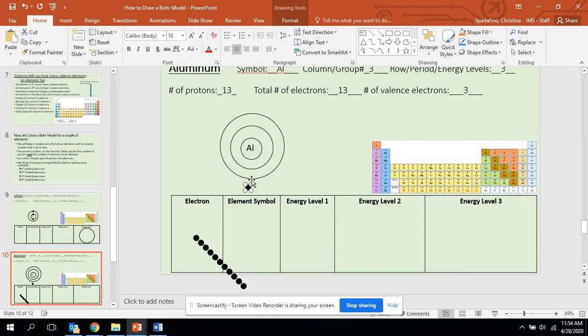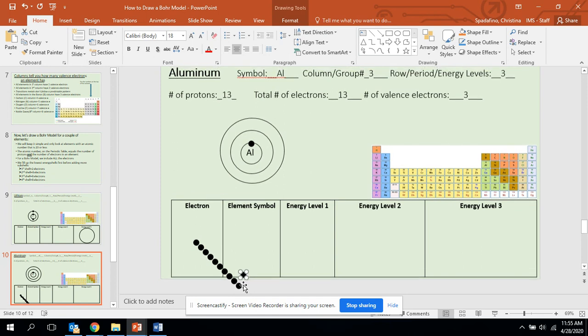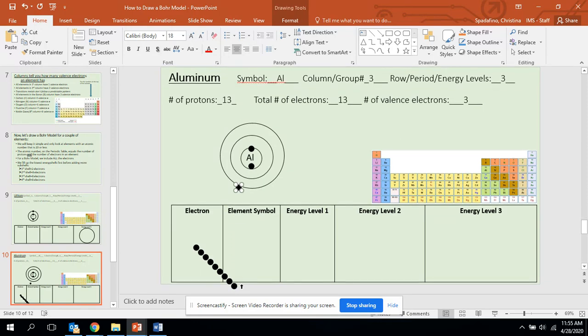So start with, again, the innermost shell, shell 1. Shell 1 can only hold 2. So we're going to put 2 little electrons on shell number 1. So shell number 1 is full. Now I need to fill up shell number 2. Shell number 2 can hold 8. So I'm going to start putting,